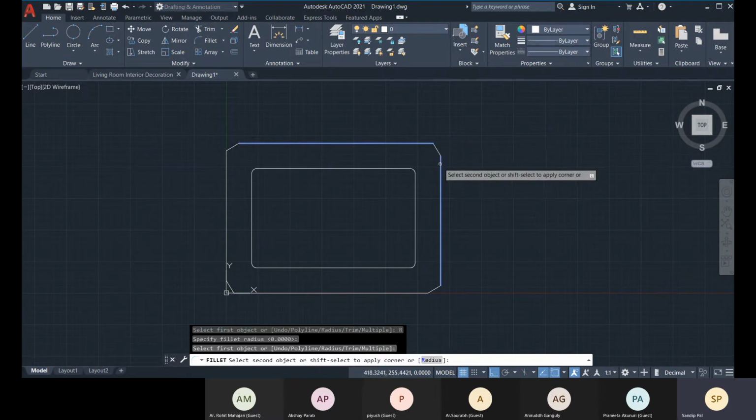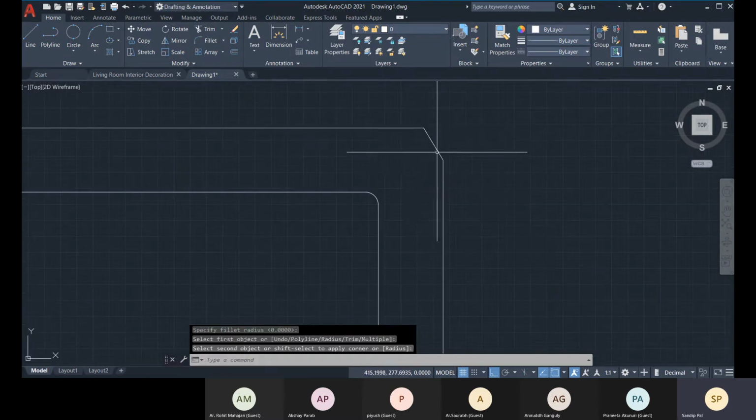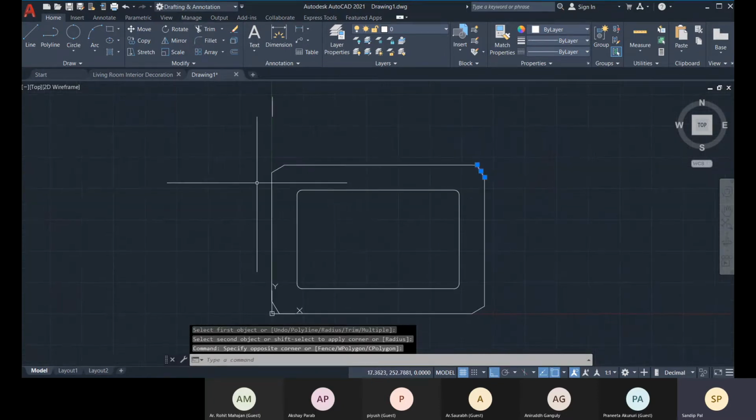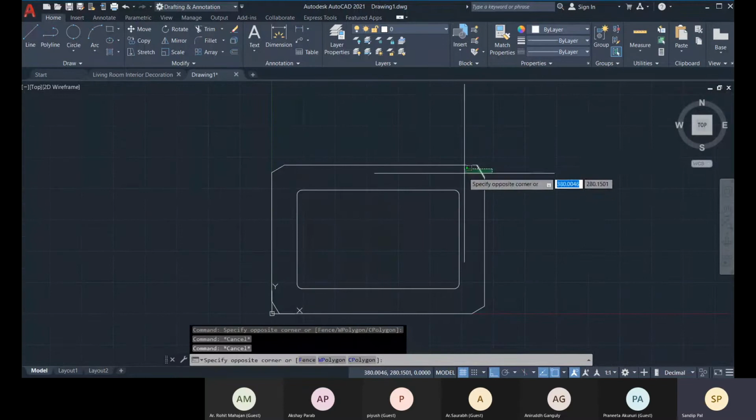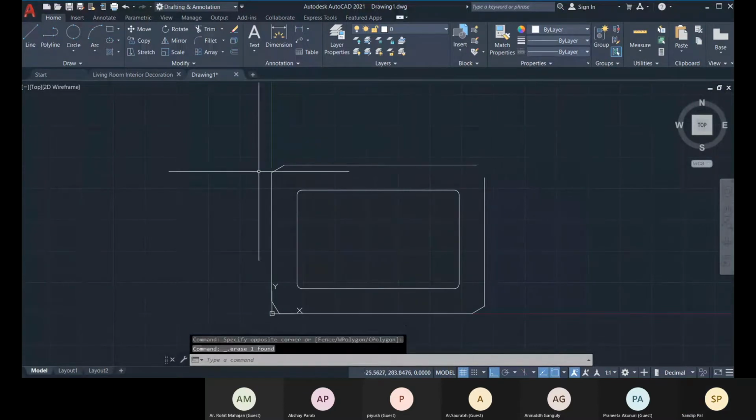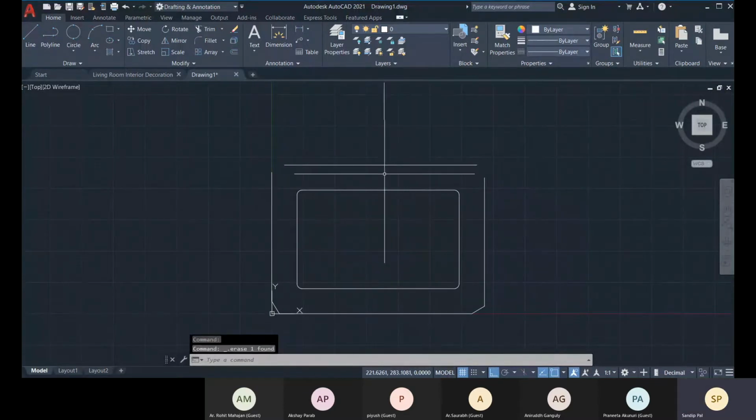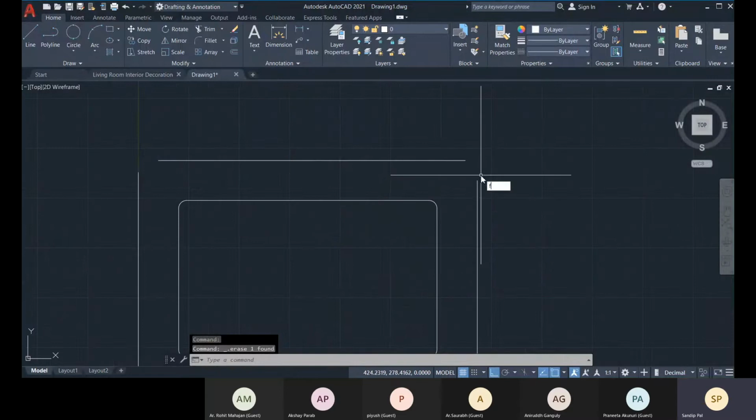I can simply select and select it. Okay? So there is something wrong with the settings. There is something wrong with the settings.